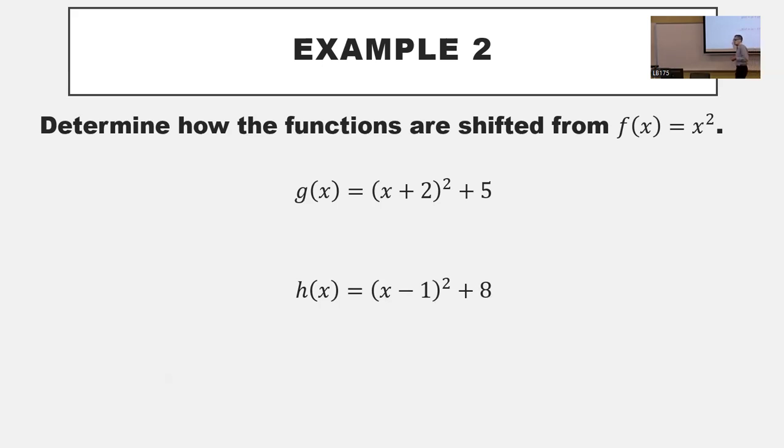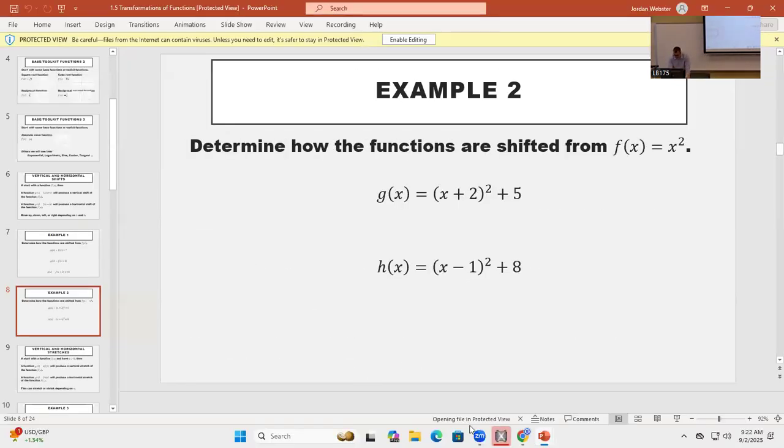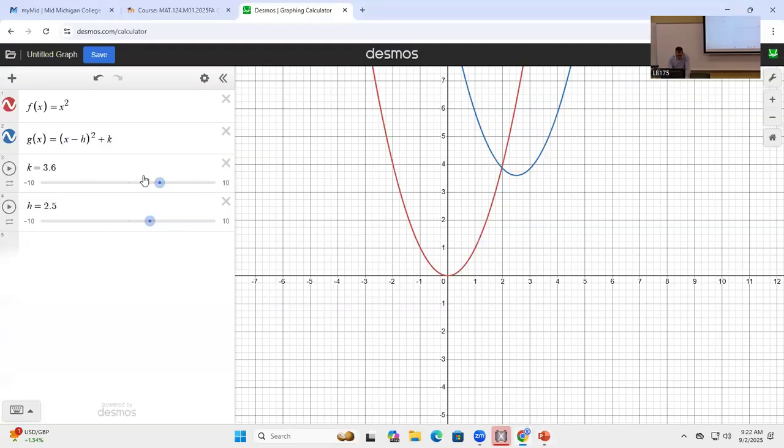The second function there, h of x, is a shift right 1 unit and up 8 units. So right 1, up 8. Horizontal shift, right 1, vertical shift, up 8. So it's going to look exactly like what I've drawn here. In fact, we can confirm that